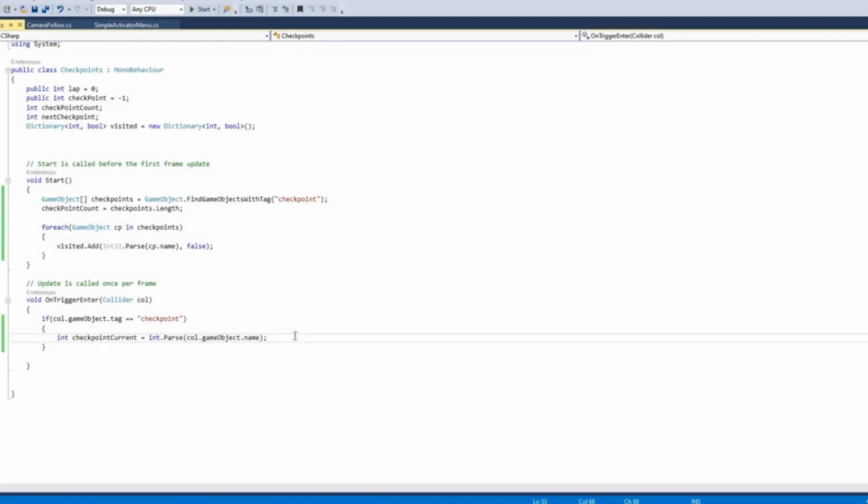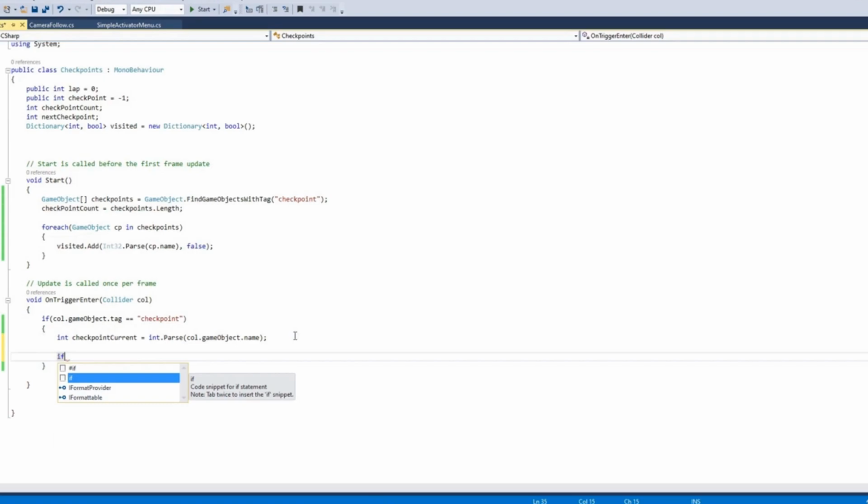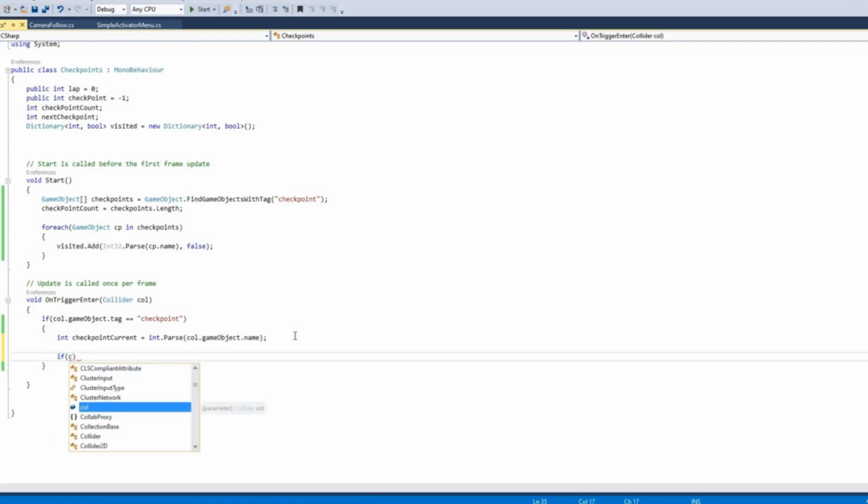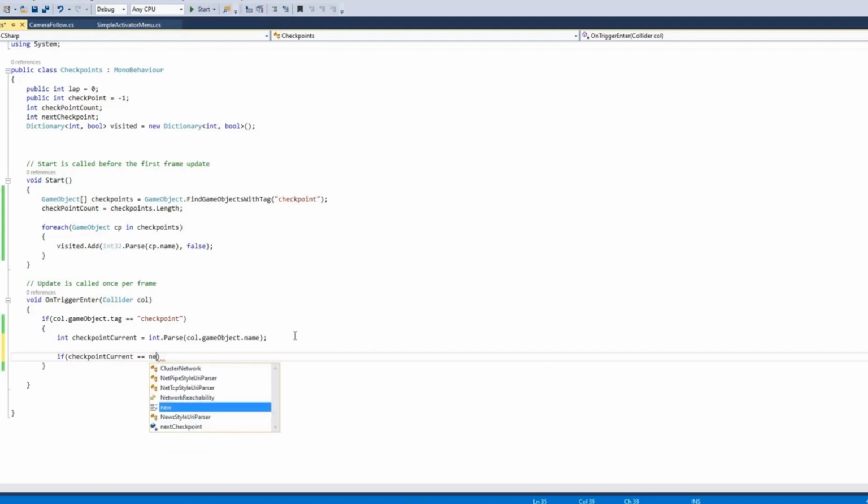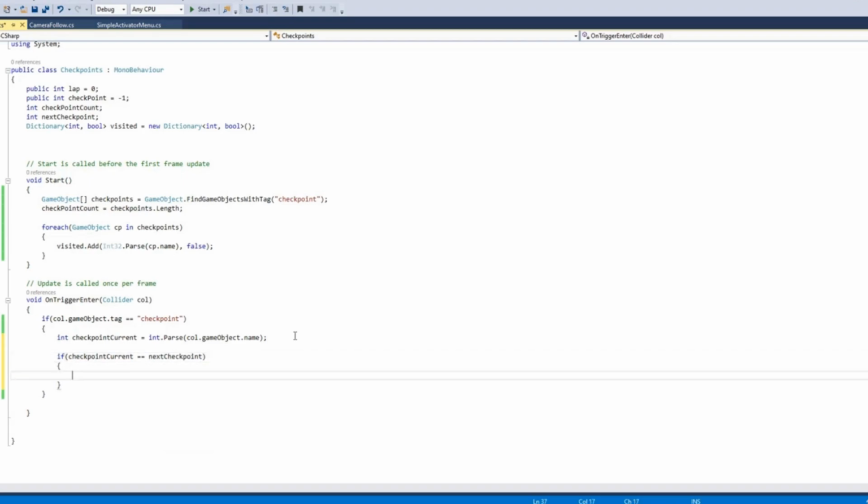Now next, we will check if checkpointCurrent is the next checkpoint, and initially we will declare this nextCheckpoint as 0.